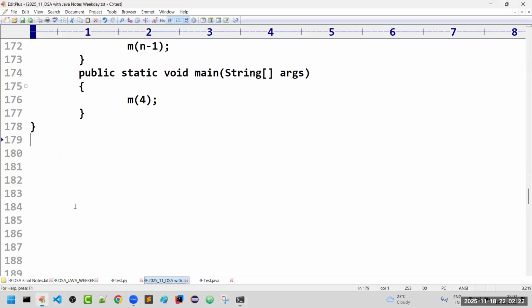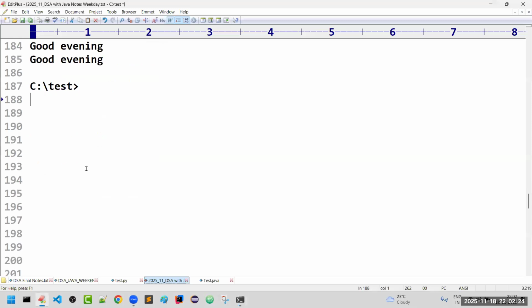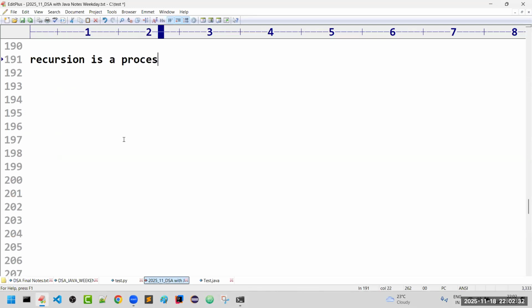We will talk about those cases. First, what is meant by recursion? Recursion is a process of calling a method by itself.